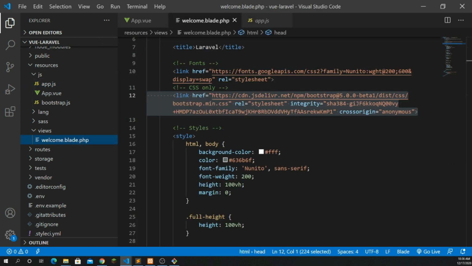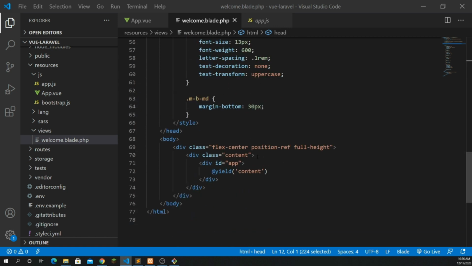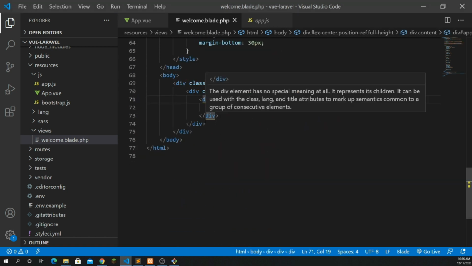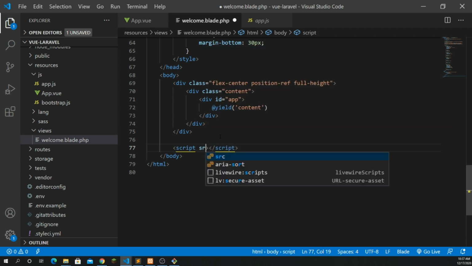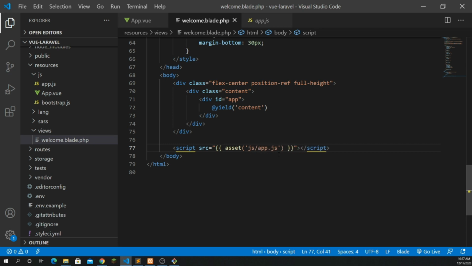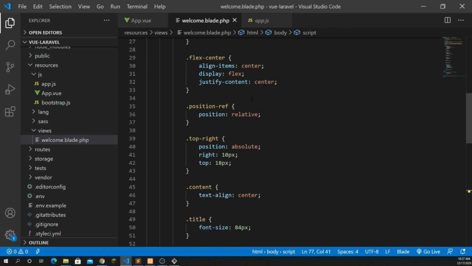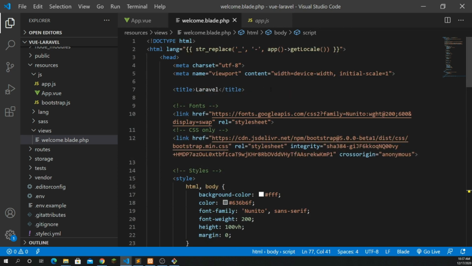Let's go inside your welcome.blade.php, and first I pass the ID, and after the body, let's add a script with a source, because we need to mount our ID for the app. I'm going to pass it with the asset. Let's pass js/app.js here. All right, so I passed the asset, and I also need to pass some CSRF token and some URL,